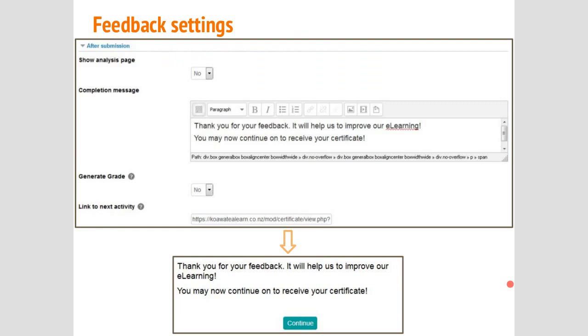Thank you for your feedback, blah, blah, blah. You may now continue on to receive your certificate. And I use the word continue very specifically in that text because the button says continue, and I can't change the text of that button. Presumably I can by going into the language strings, but we are not,